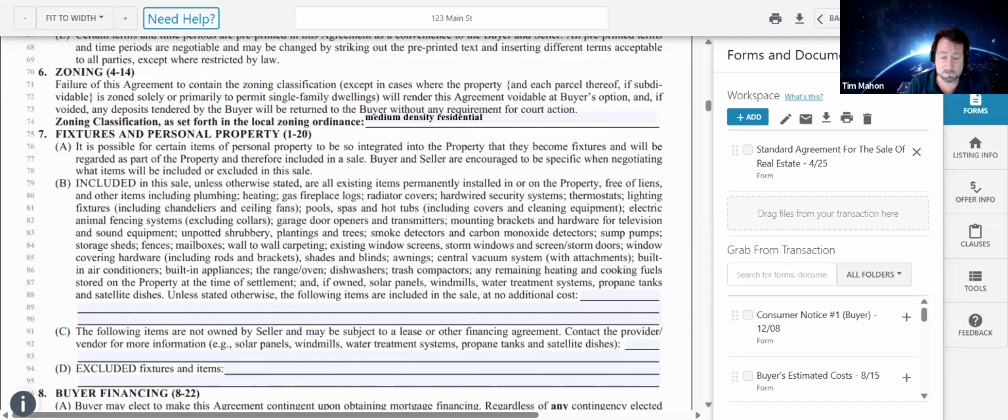See how specific this is? Hardwired security systems, thermostats, lighting fixtures, which would include chandeliers and ceiling fans, pool spas and hot tubs, if applicable, including covers and cleaning equipment, electric animal fencing systems, excluding collars. The dogs get to keep their collars, garage door openers and transmitters, mounting brackets and hardware for television and sound